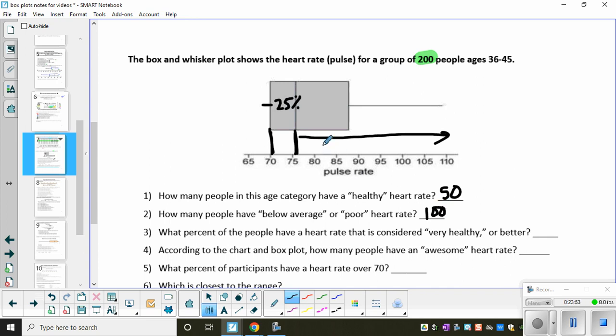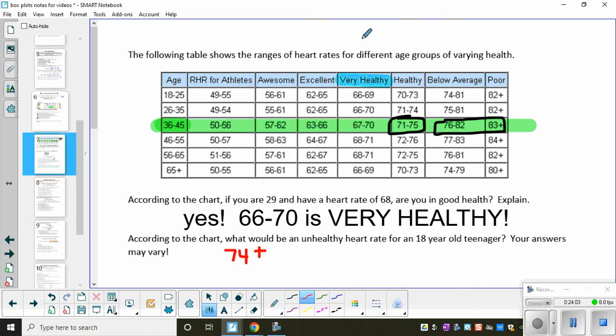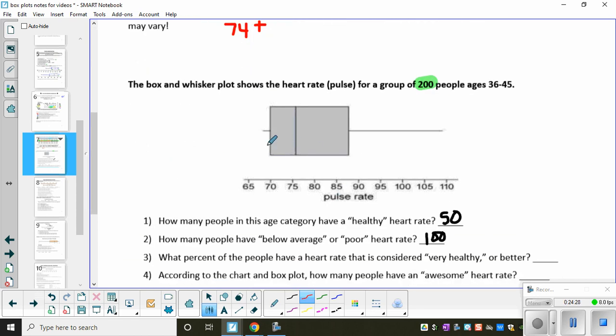All right, for the next question, what percent of people have a heart rate that's considered very healthy or better? So let me just erase this stuff. So very healthy or better is now the 67 to 70 chunk. Very healthy or better would mean this or anything really in here, because that's better in terms of your heart health. So this range right here, the very healthy or better, is all of this stuff. So pretty much anything less than 70. 70 or less is very healthy or better, 70 or less. Now right here,